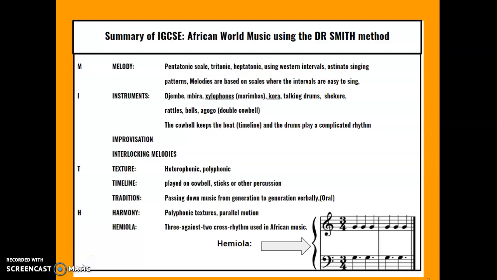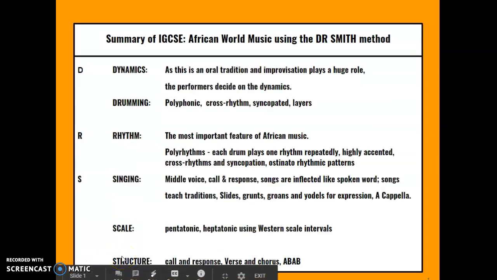I have prepared a very nice summary of the IGCSE African World Music. Before you start with the summary, go through all the papers and all the notes that you have on African music, that you have the background, that you went through all the Cambridge papers. Bite Size is also a very good site to use. And I like the Dr. Smith method. So if we start here,